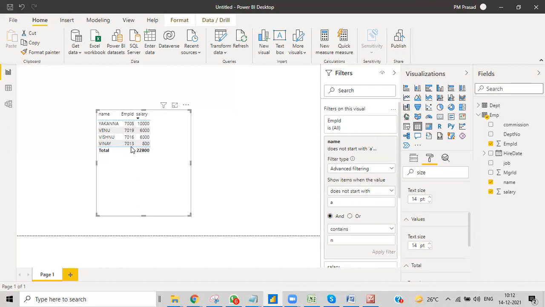Filters are very easy, rather than writing complex scenarios, you can do it here.